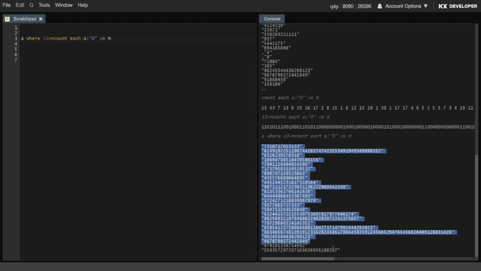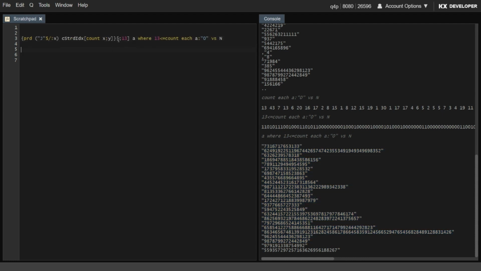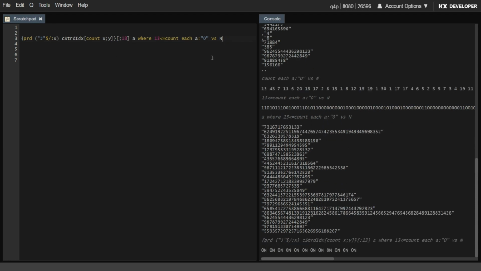And then from this point, I will just do exactly what we had before. So I'm just going to copy what we had before into this. So you can see now we're running the column strided function. So this is S2 essentially. However, it's got the argument of 13 already given to it. So when I run this